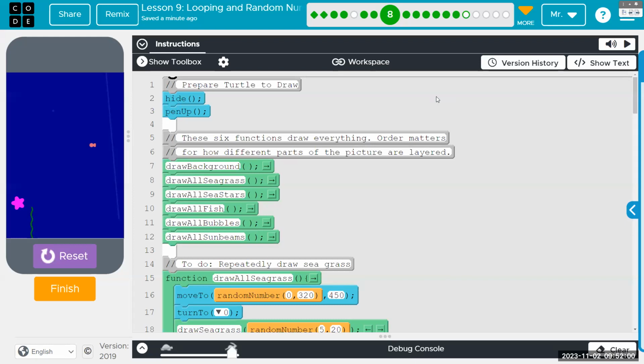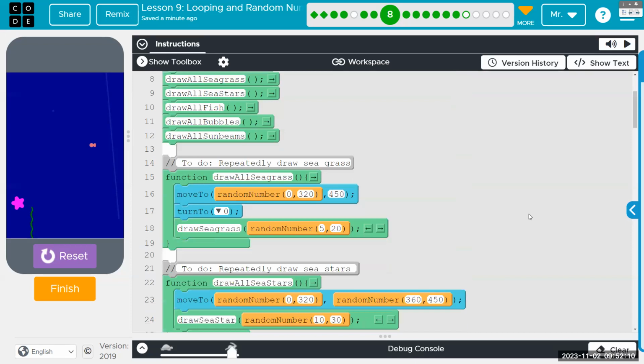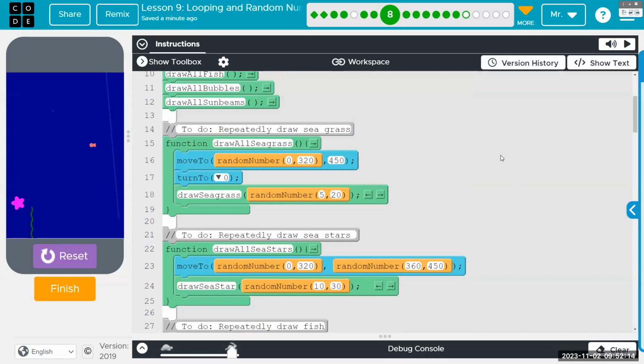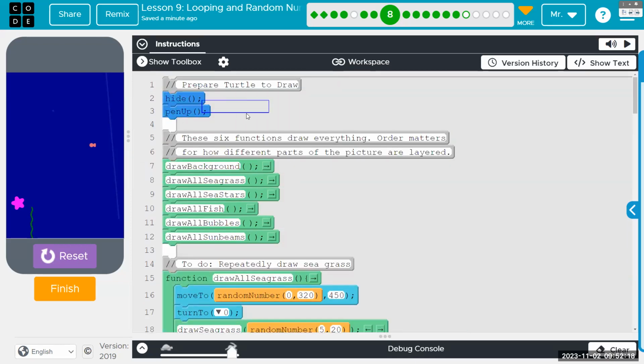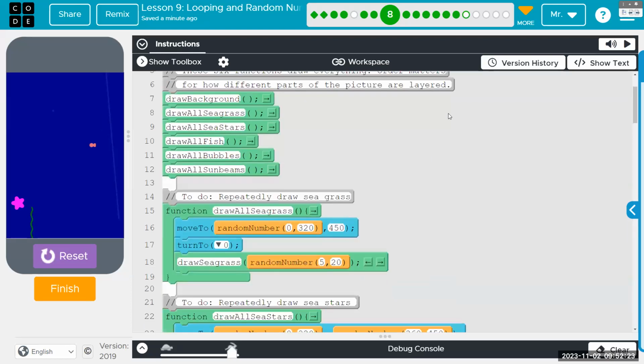You're going to create in the next lesson, not today, your own sort of digital scene in this vein that has several components. Okay, several multi sort of tiered components. So if we look through the code, it starts out with hiding the cursor, which is fine, and pen up so that it can do some moving. And then it has 6 function calls, which are just starting the things in whichever order.